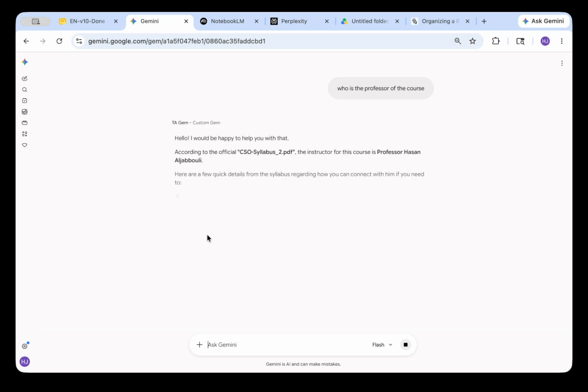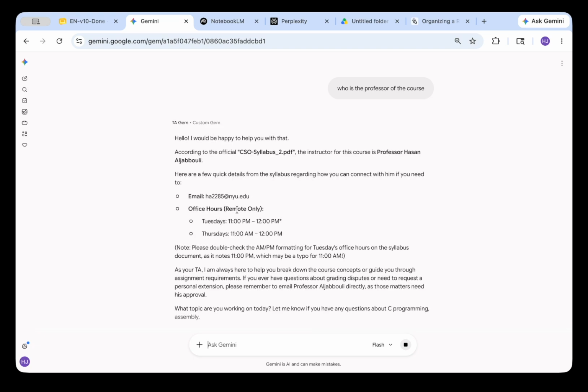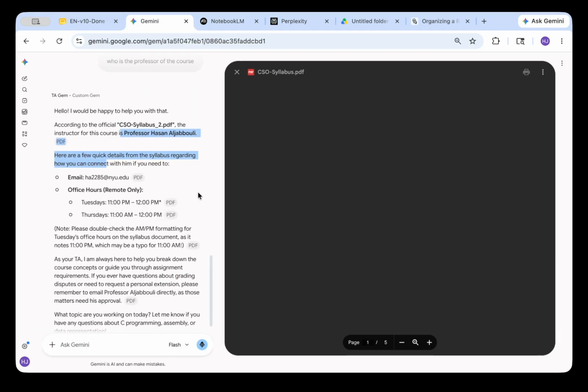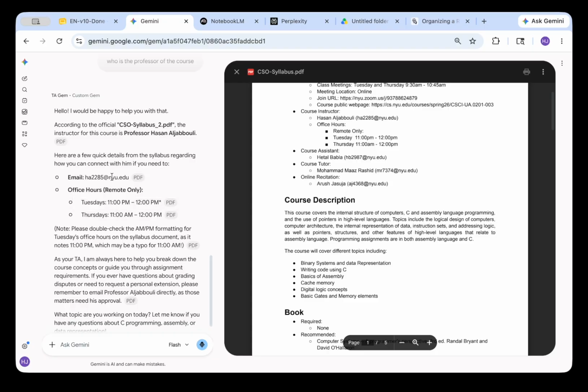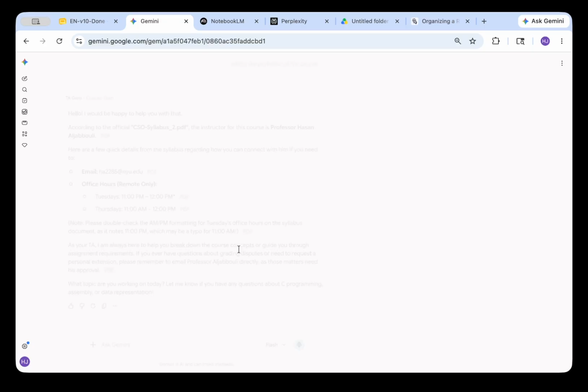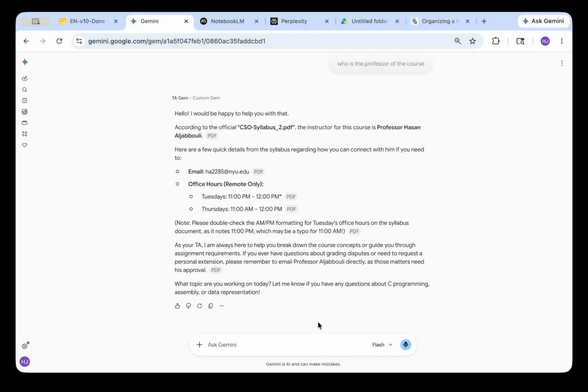Or if you provide AI with the syllabus, you can see the professor's name, the email of the professor, and all of the details, and it will share also the source as well. So to say, okay, all of these details are provided in the syllabus. You can ask AI also, can you please